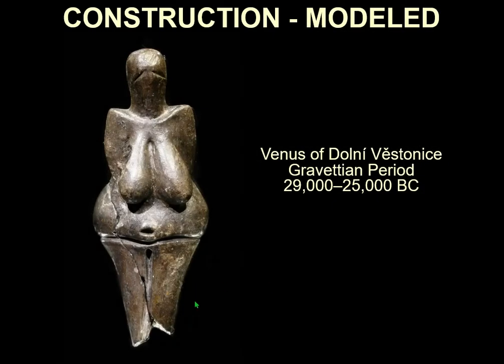So there are a number of types of construction or forming. The simplest you would have used back when you're a child playing with plasticine, and that's called modeling. And so you would make your dinosaur by squishing your piece of plasticine until it was the desired shape, just as the Venus of Dolní Věstonice was made a very, very long time ago, just by pushing the plastic material until it was in the right shape.